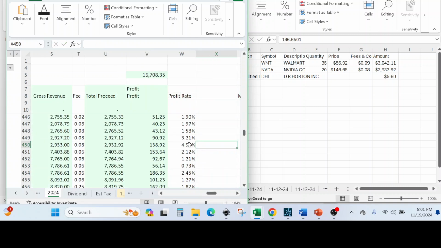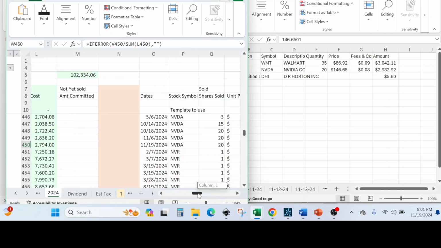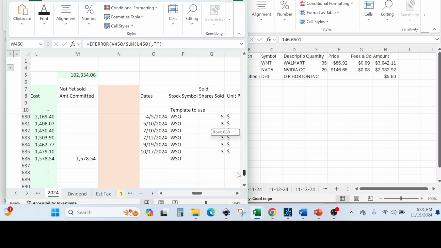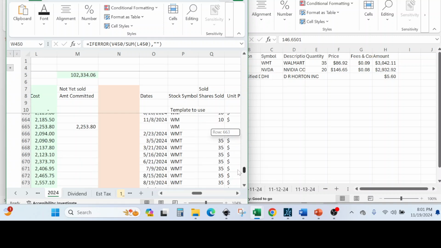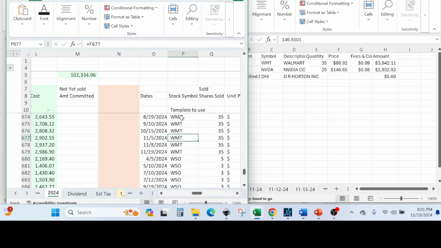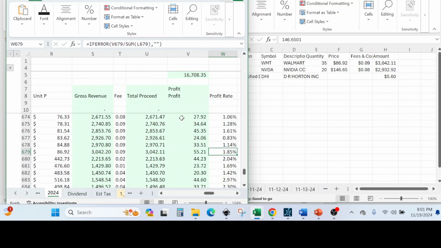We tend to calculate the profit rate as well. You can see sometimes the profit rate can be high, and we can go to the Walmart one and check the profit rate there. So now that we recorded our two swing trading transactions,